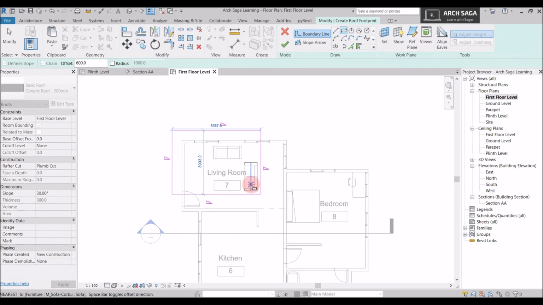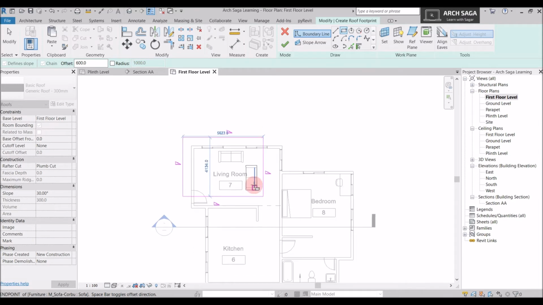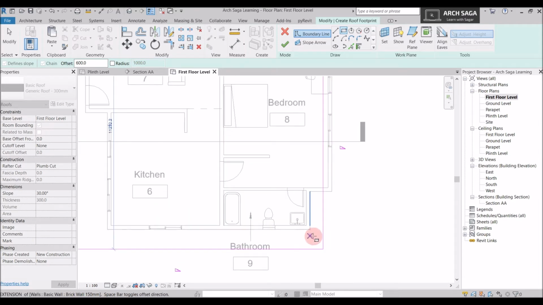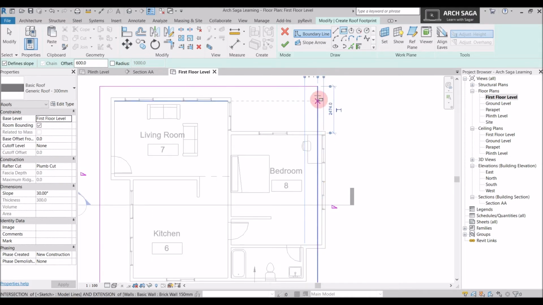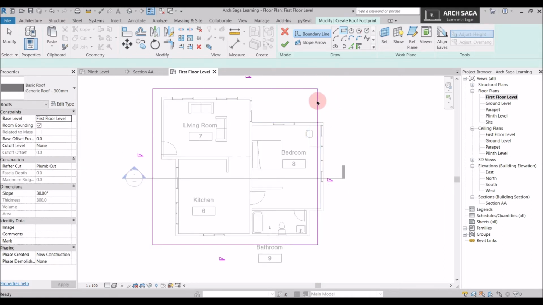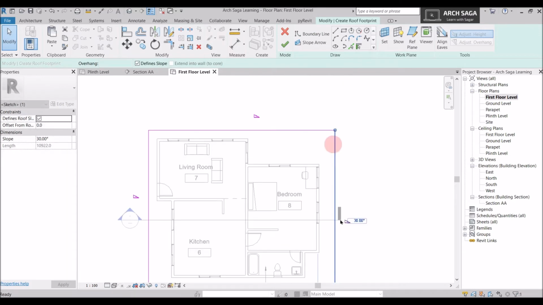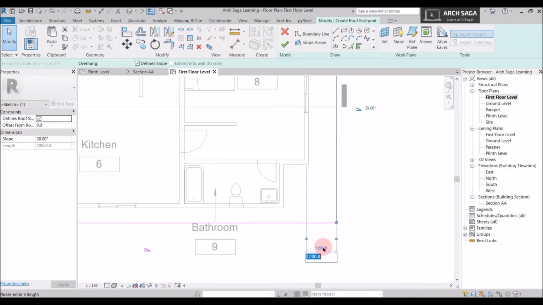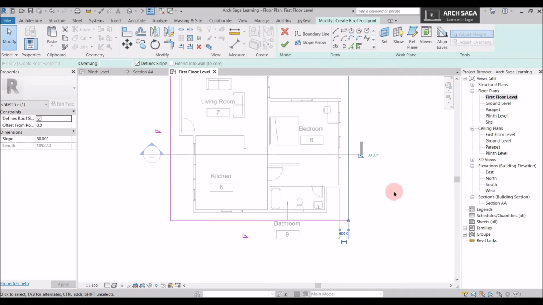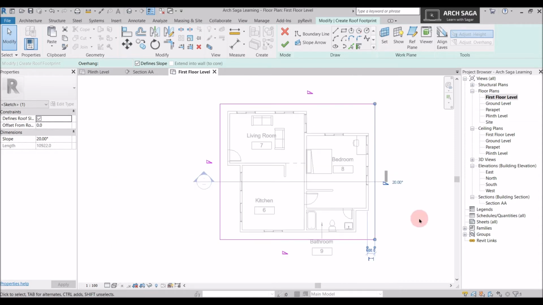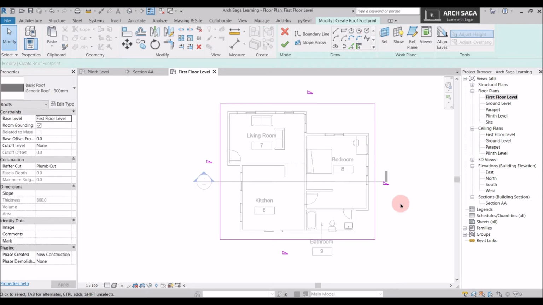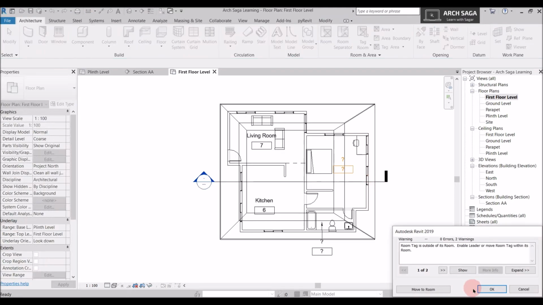You can also see the ceiling tutorial where I have told in detail about the offsets. So I'll just select it and I will just keep it till this point. So this area is not offsetted. So I'll just drag it and some dimensions are activated. I'll just say 600 mm offset. The slope should be, let's say, 10 degrees or 20 degrees. It doesn't matter how much you keep. And I will say yes.